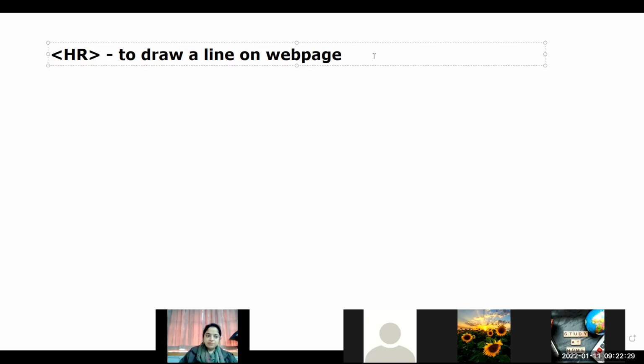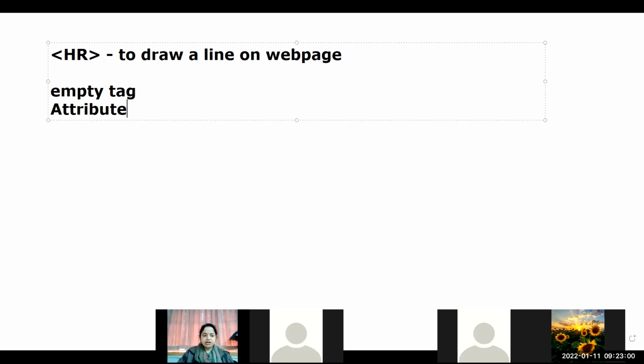Okay? This is an empty tag. There is no need to close it. Just as the BR tag is an empty tag, similarly HR is an empty tag. Because we are just supposed to specify HR, it will draw a line and that's it. No need to close it because we are not specifying any text or any other object in between the tags. We are just giving HR, it will draw a line. That's it, finished. So it is an empty tag.